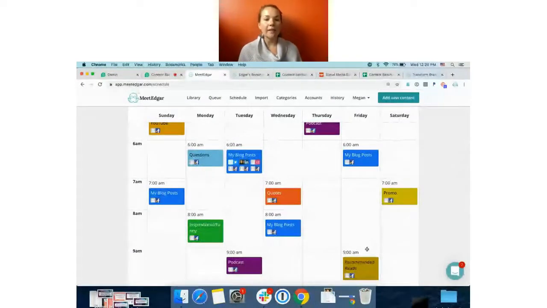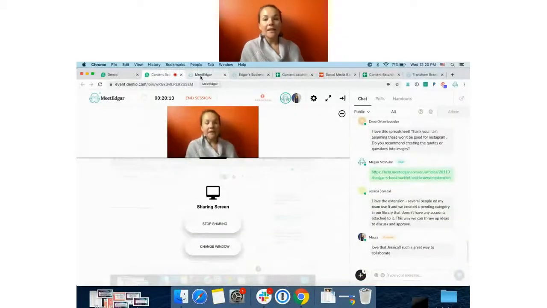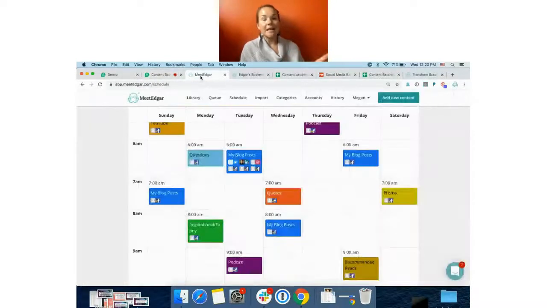How this is working with the library is what we refer to as a last in, first out rotation. So Edgar's hitting this category and pulling the most recent post you added to that category in the library. He's pulling it to send out. He's then putting that post to the end of the line in the library and moving along. Next time he hits that category, he'll send the next update out, put it to the end of the line and move along. And he's going to work his way through all of the content in that category. Once he reaches the bottom and there's no new content, that's when he'll start from the top again, resurfacing your older content for new followers to see, as well as those who didn't have the opportunity to see it the